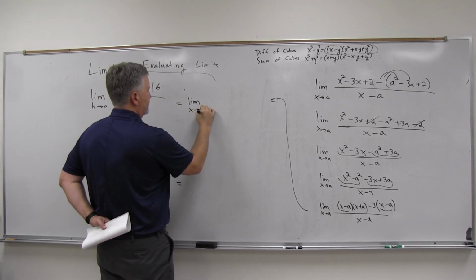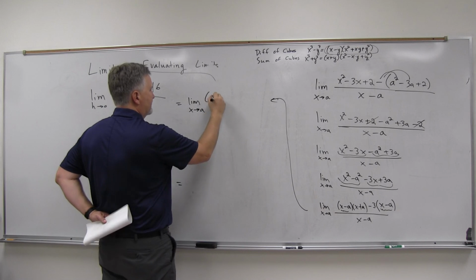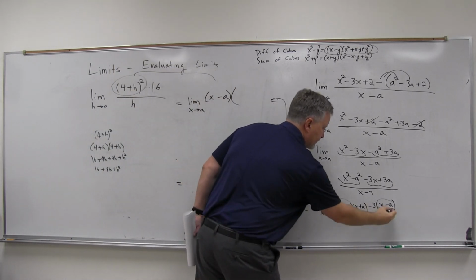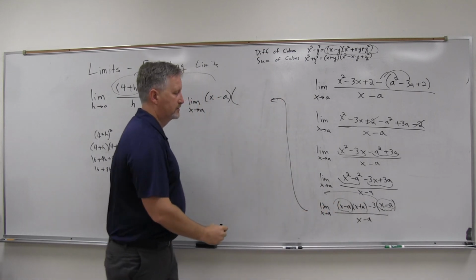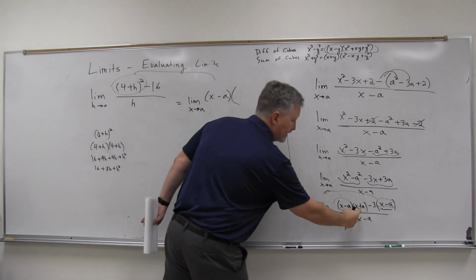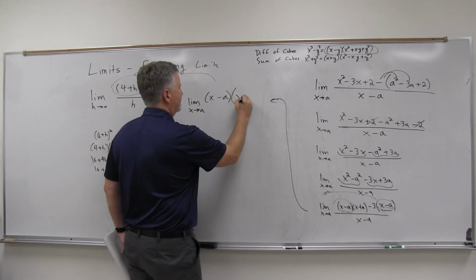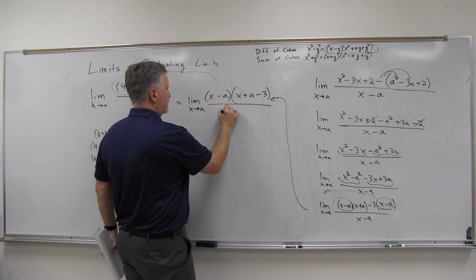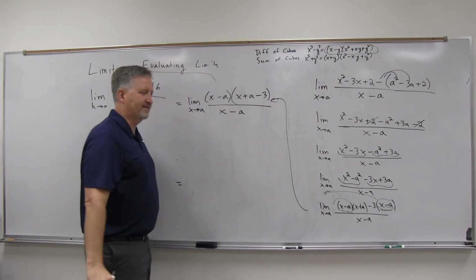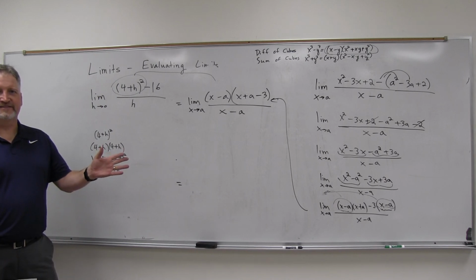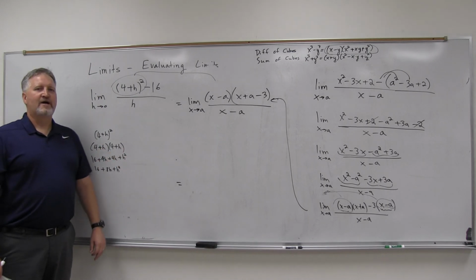So I have limit as x approaches a. So I pull off an x minus a. I'm kind of pulling this out here. Pull the x minus a. What does that leave? x plus a minus 3. Is that okay? Question about any of it? It's okay? Okay. All right, now,